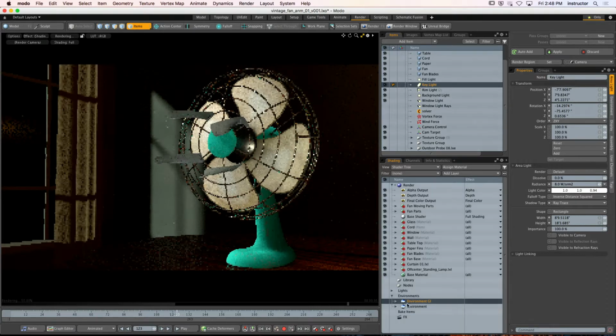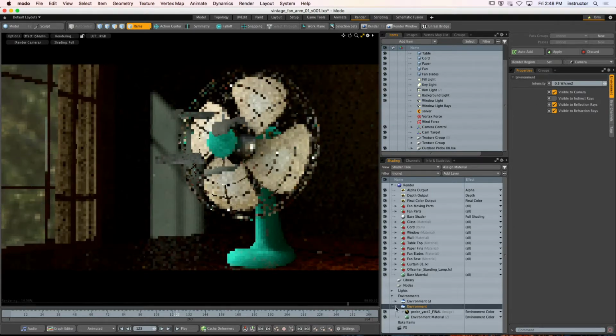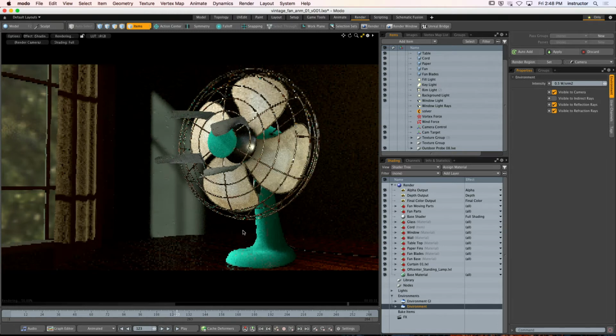Now's a good time to start going in and turning on my environment and start to explore how that environment is going to change the overall look. Once again, this is not using indirect illumination, so we're kind of there for the most part, right? We're pretty close. I'm happy with this. This is generally the direction I wanted to go, okay? For me, this is the 10-yard line. And when we begin to turn on